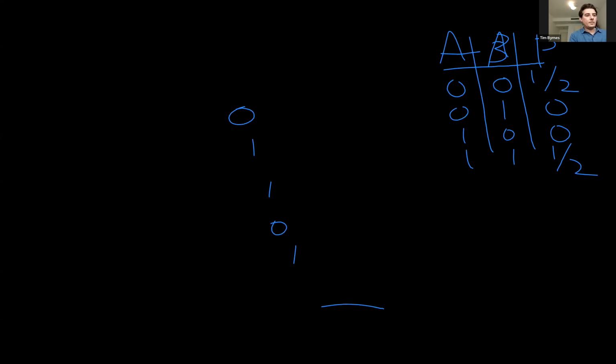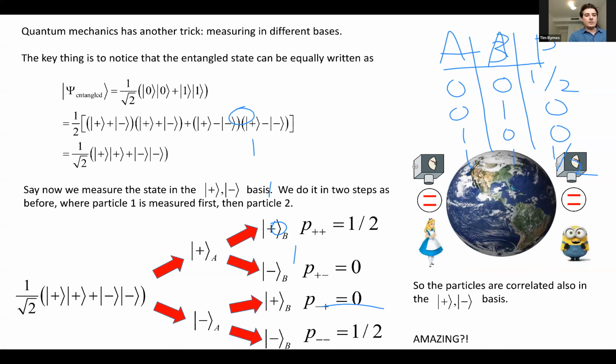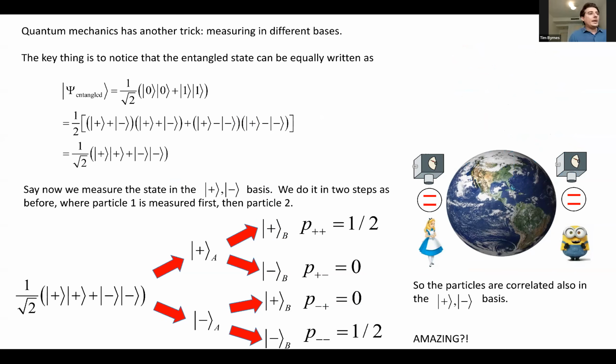Okay, now let's clear the screen. But there's another trick that quantum mechanics has, which is that you can also measure in a different basis. So remember, we did it in the midterm, so I'm sure you know this, but measurements in quantum mechanics are not just like you measure ones and zeros. You can also measure in the plus or minus basis. So we can change this knob here on that measurement machine,